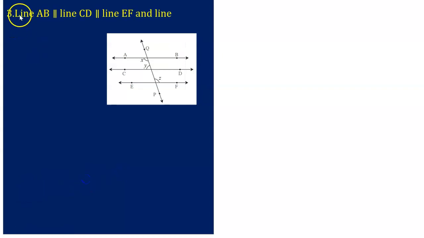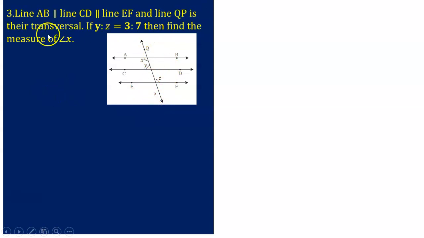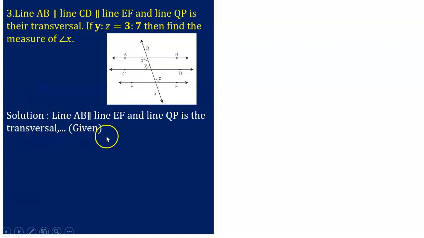Question number 3. Line AB is a parallel to line CD is a parallel to line EF. It means all these three lines are parallel, and line QP is transversal. If the ratio of y as to z is equals to 3 as to 7, then find the measure of angle x. X चा measure आपल्याला find out करायचा आहे. Now the solution. Line AB is a parallel to line EF. AB is a parallel to EF, and QP is the transversal. Okay, this is given,